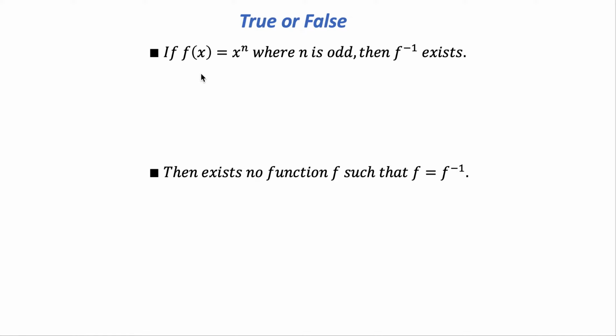True or false? If f of x is equal to x to the exponent n, where n is an odd integer, then the inverse function exists. First of all, let's assume y is equal to f of x. So let's take this into consideration when we are working with the inverse function and when we want, for example, to algebraically find the inverse